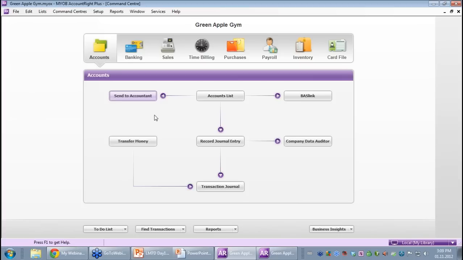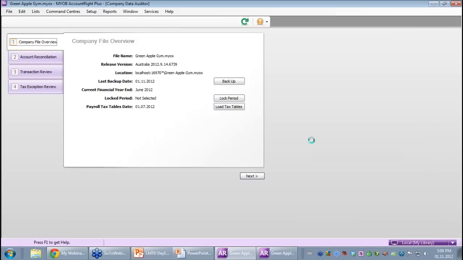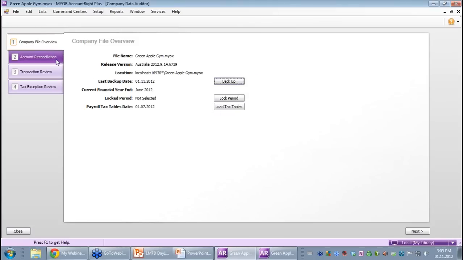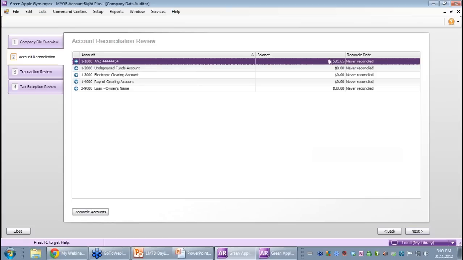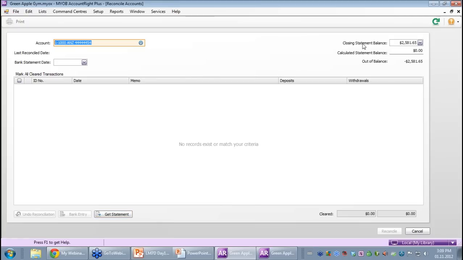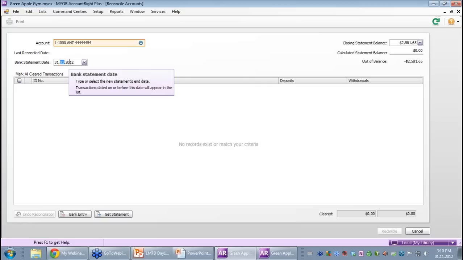What we're going to do is work through and reconcile an account from page 289. So I'm going to click on my company data auditor, and I'm going to click on account transactions, and from here, there is my account. I'm going to click on reconcile account. So here is the actual name of the account up here, and this is the calculated statement balance. It's 0, closing balance, which is kind of irrelevant at the moment. And we're going to put in a date range. So I'm going to come here and put in 31st of the 10th,